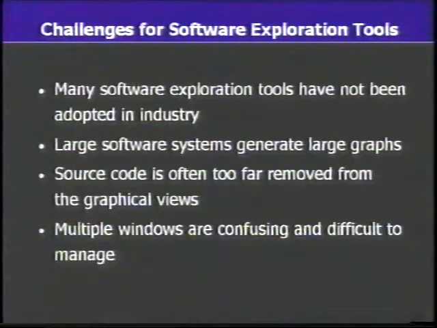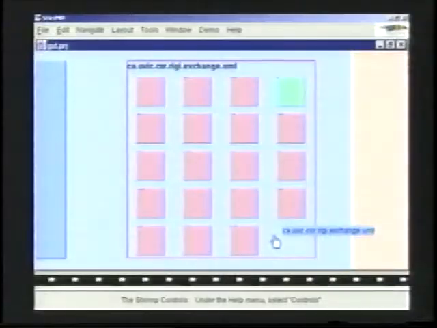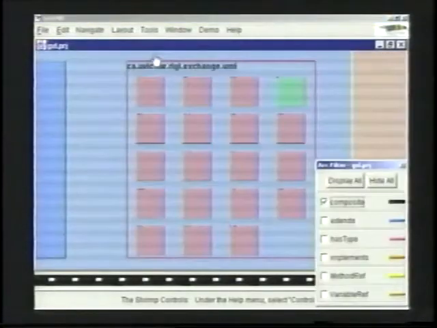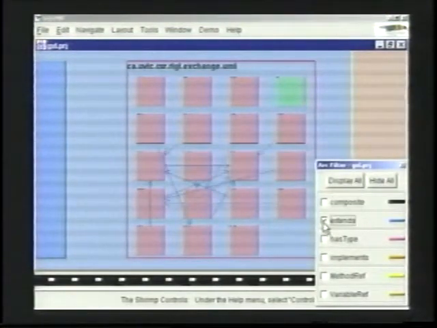Software visualization was the initial focus because many existing software visualization tools were not being adopted by industry, and we wanted to know why. Three issues with traditional programs emerged. First, as large programs naturally generate large graphs, attempts to visualize these large graphs on small computer screens were difficult. SHriMP addresses this problem by allowing the user to filter out unwanted relationships and selectively abstract information that is not